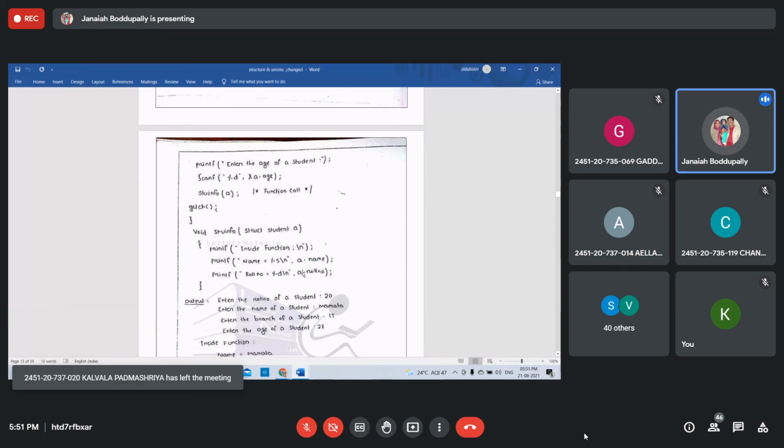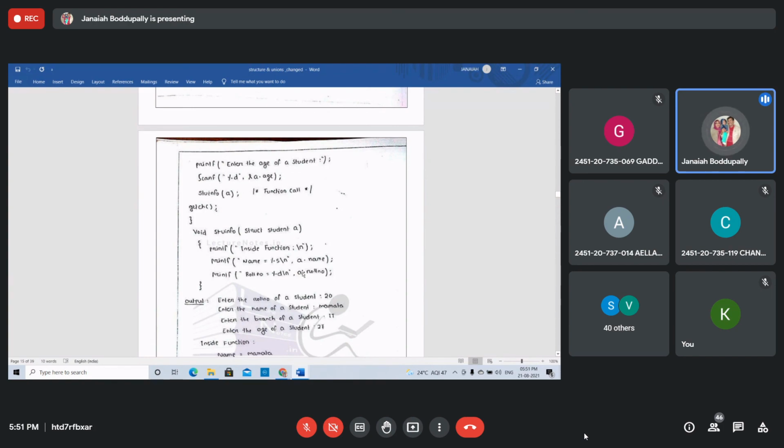How to pass the structure members to a function: we discussed that the arguments are the elements of the structure. Within the main function, we are taking the members, and the declaration of the structure is also within the main function. Now you are passing the entire structure to a function.